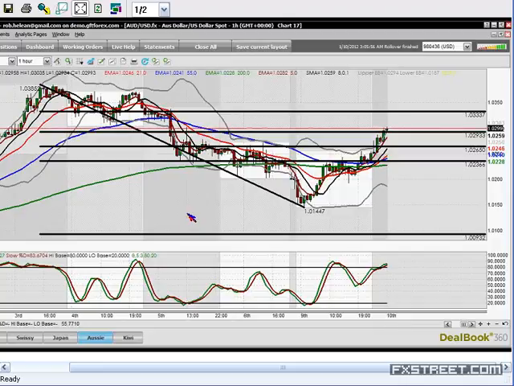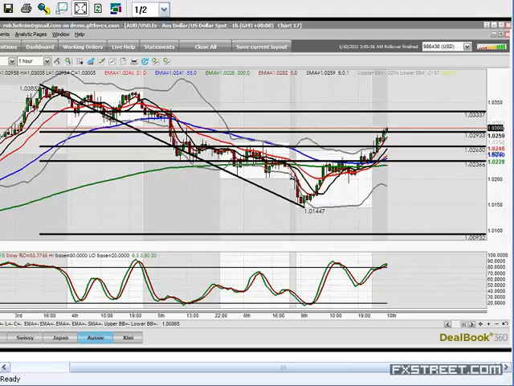Well, this is not a better example, Martin, because it actually hasn't turned over yet. This is not stochastic divergence because that has not actually rolled over yet. If it rolls over here, yes, because that is going to be down and the price is essentially going up. But it's potential. I actually prefer this one.